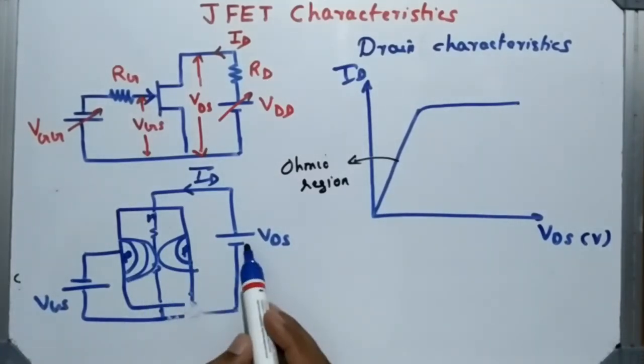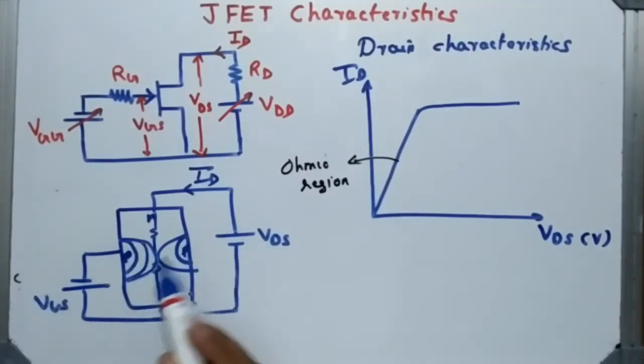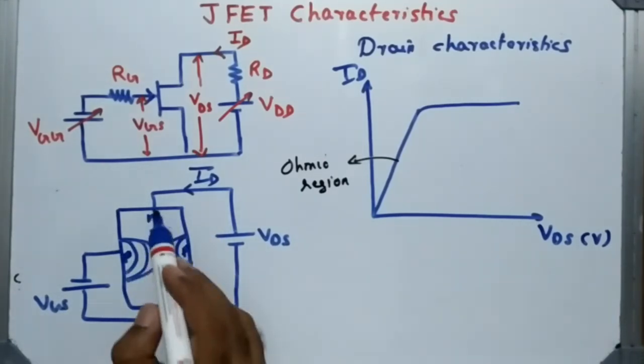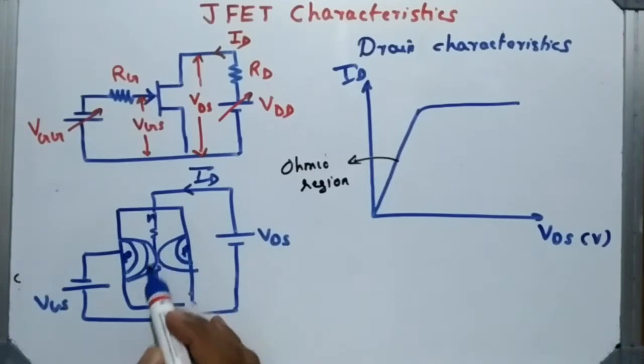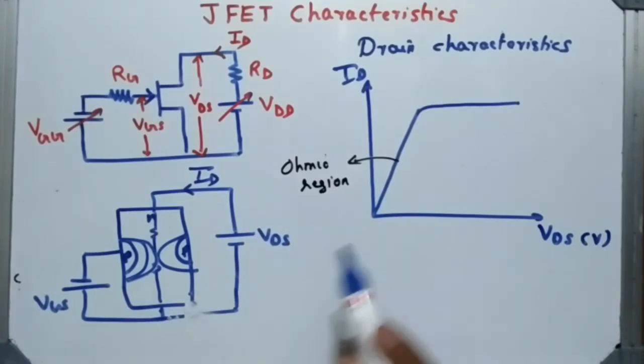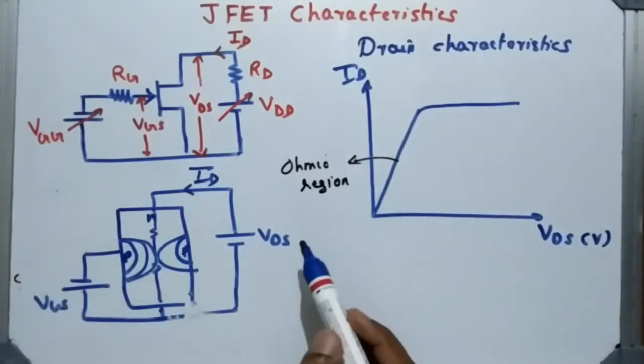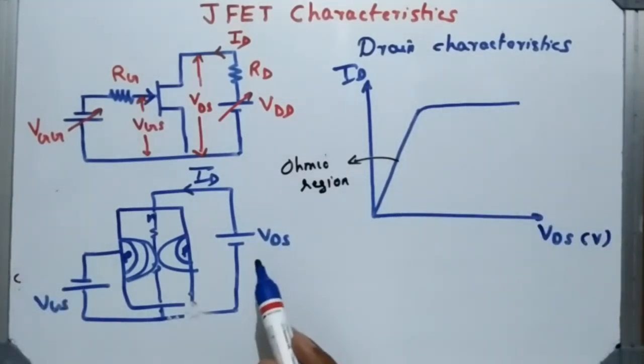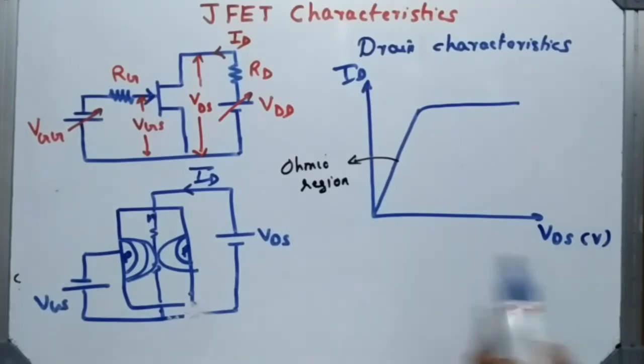Because as you increase VDS, the channel width gradually decreases, but it acts as a resistor merely. After a particular voltage, the two P regions merge together. Still it acts as a resistor, but the resistance will be large because there is no charge carrier flow. So therefore, there is no increase in the current. If there is no increase in the current,